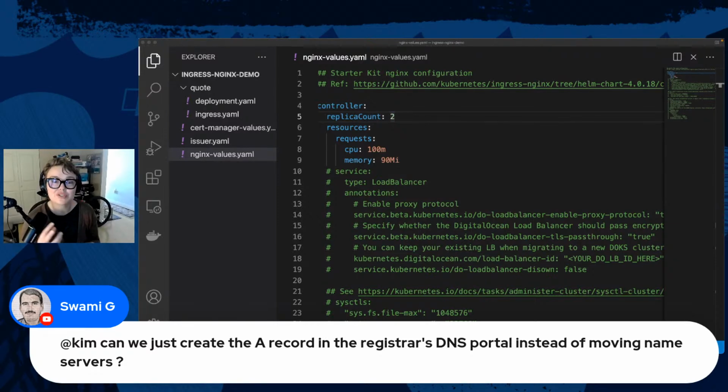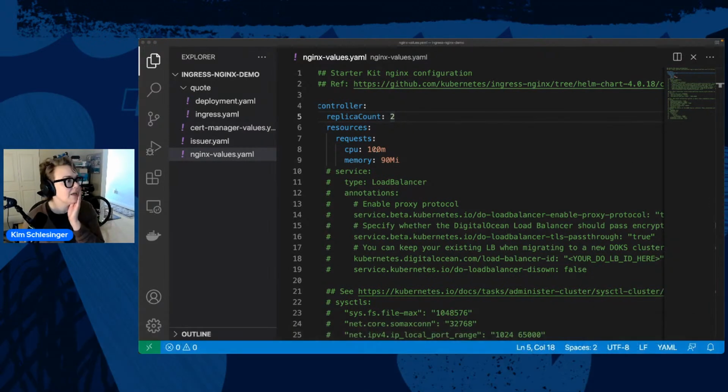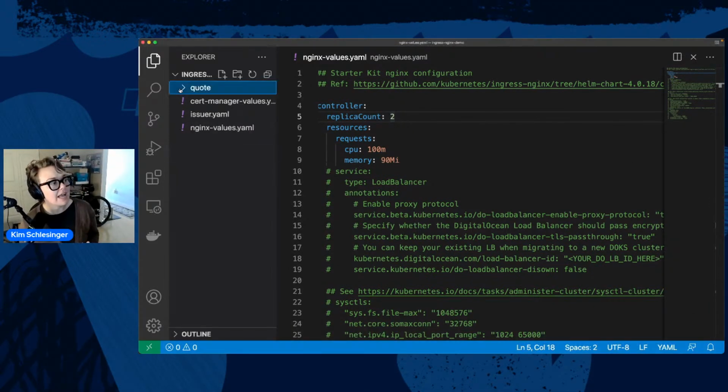In order to set up a wildcard certificate using cert-manager and Let's Encrypt, you have to be able to edit text records from inside the Kubernetes cluster. And that's when you want to have your A record set up through DigitalOcean DNS. So the answer is yes in some cases and no in others. But yeah, I understand the impulse to want to keep maybe all of your DNS records in just one place. Good question.